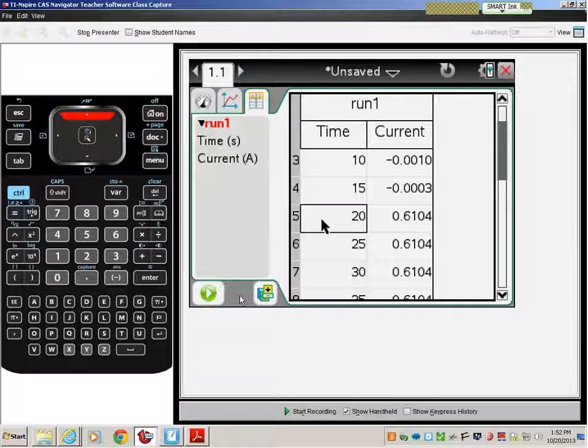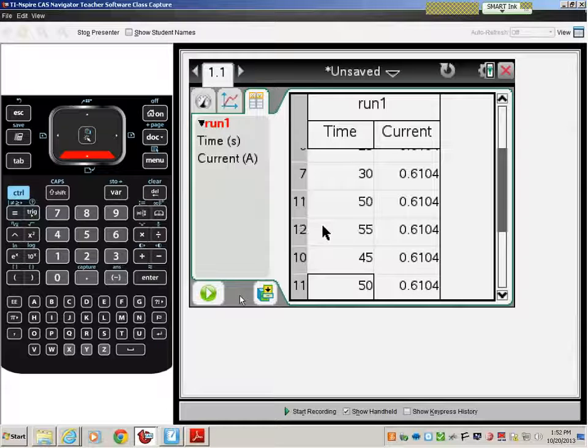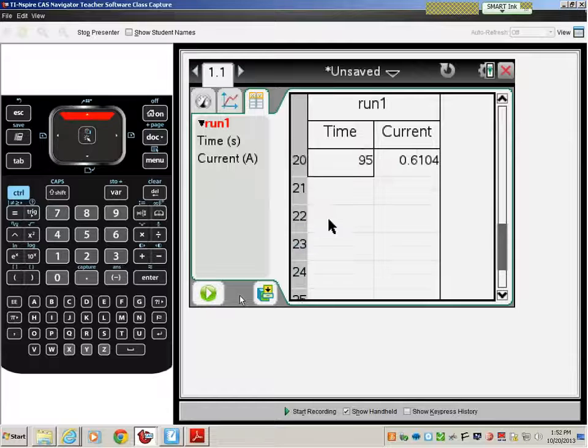About 20 seconds is when I turned it on. Now I got a 5-second play in there, but from 20 seconds to 95 seconds, I was averaging that current. So now I can say, okay, for about 75 seconds, that's my time,